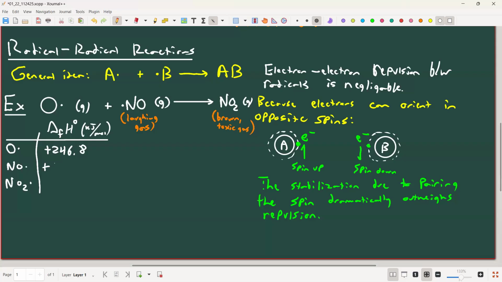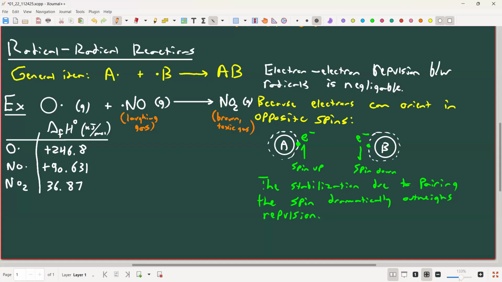NO is a little more stable. And NO2, which has no radical. Sorry, that's no radical. Let me just erase that. A fully paired molecule. It has this enthalpy of formation of about 36.87. All right, so my significant digits are terrible here. Forgive me. But we can immediately see that this reaction is downhill because the enthalpy of reaction is the products